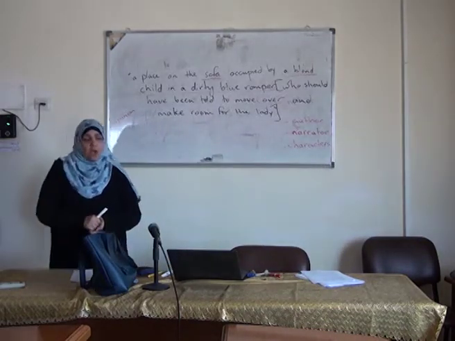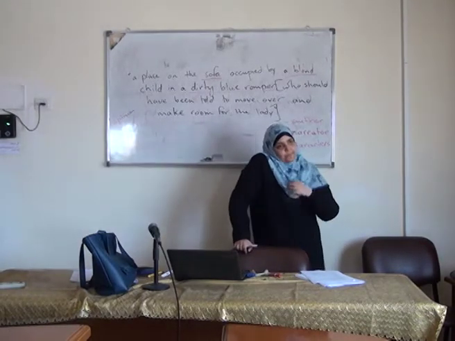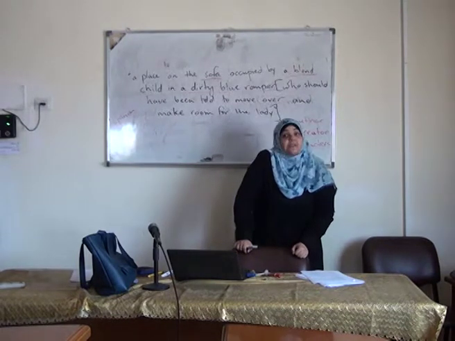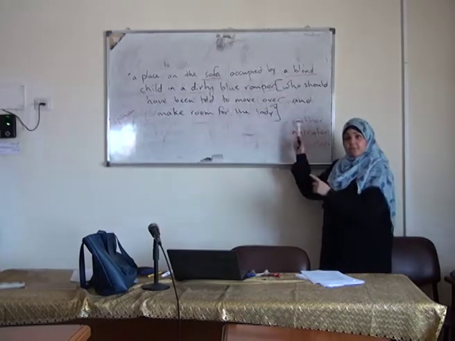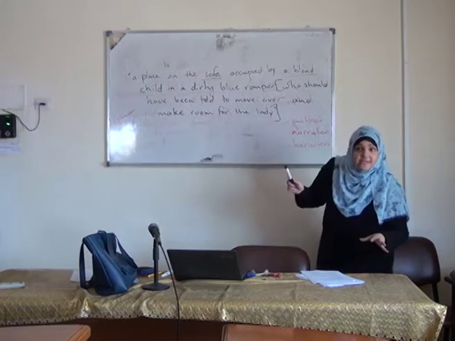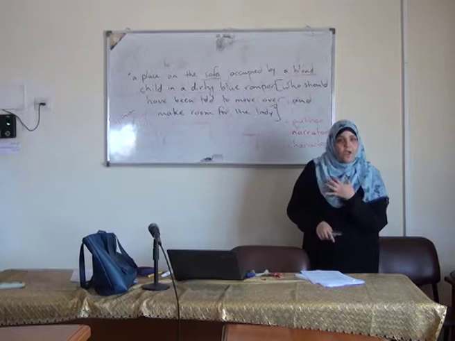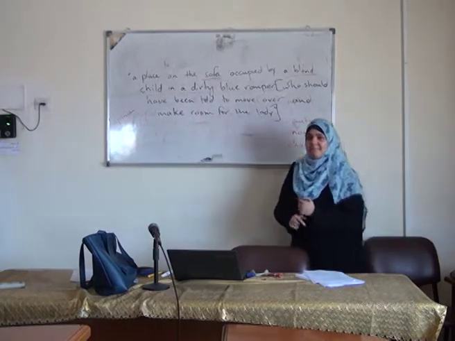Turpin. Why, Hannah? If it's Mrs. Turpin, why do you think so? Because she's standing there and she can see everything around, and she's telling things from her own perspective. But she's not the narrator. If I ask you, is Mrs. Turpin the narrator? No. Is she the third person narrator? No. Because if she was, she would have said, I. We don't have I's. We have she's and he's and they's.